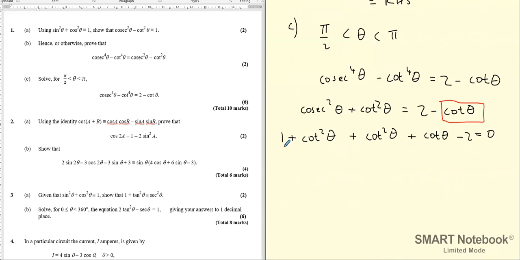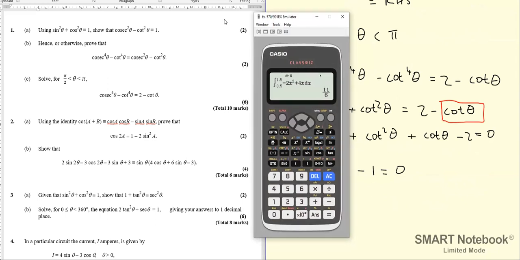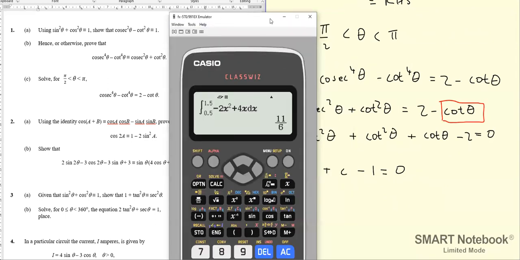And now if I recognize that this is a quadratic in terms of cot, I get 2c squared, where c is cot theta, plus c minus 1 equals 0. Now once I have that, what I can do